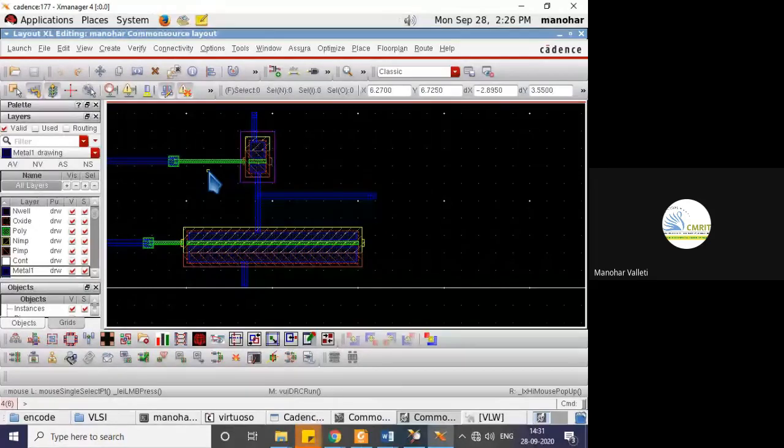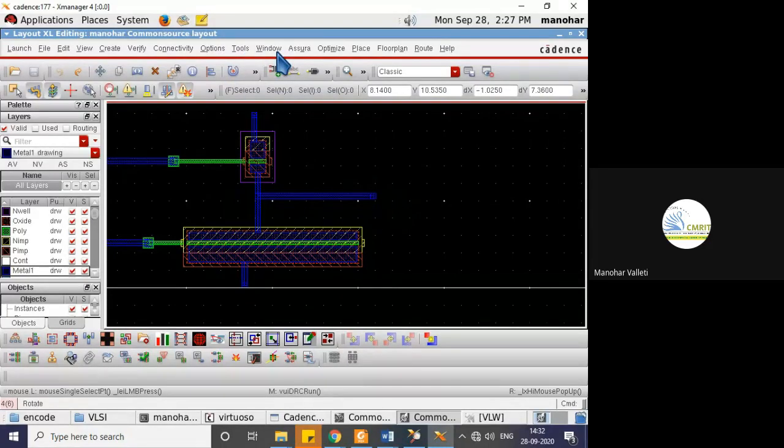Can somebody help Saket? Yeah, it is passed, sir. No DRC errors, so it passed, right? The passed window is already showing. Don't know why you are taking that much time, Saket.